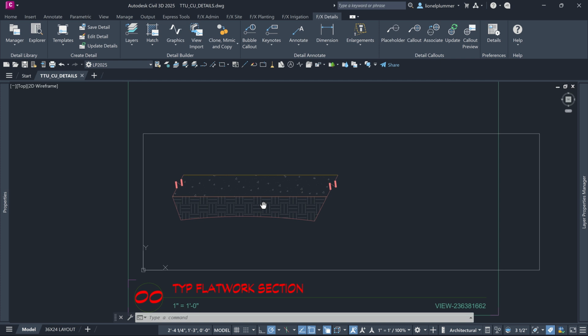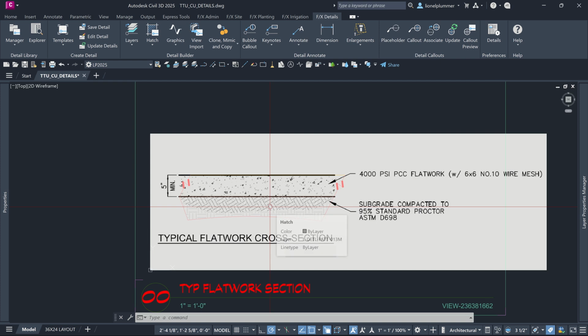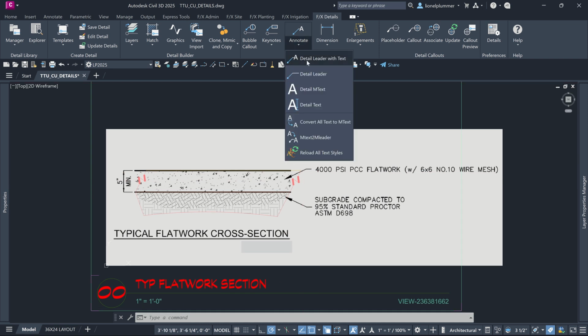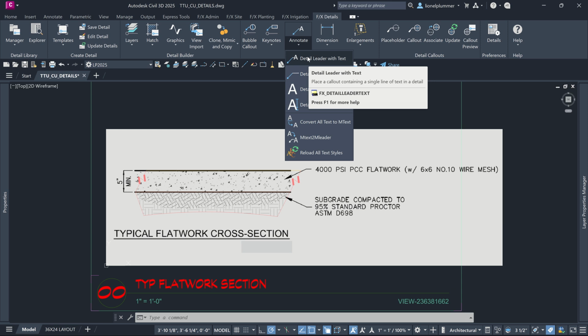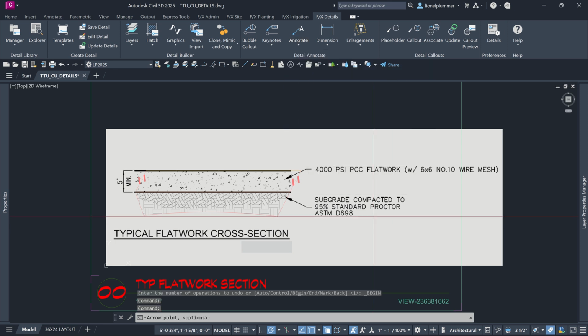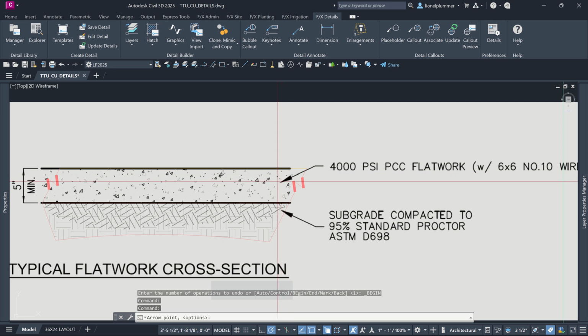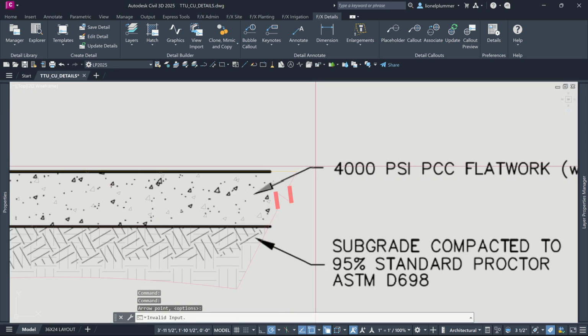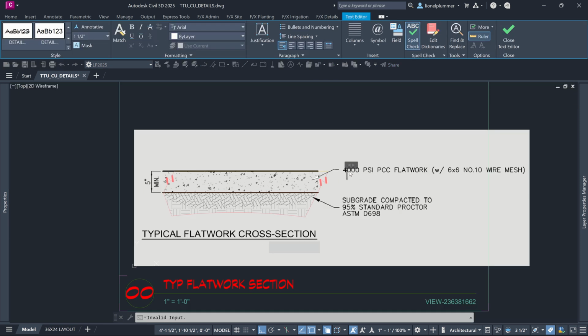Now let's get our notation in, and we're gonna wrap this one up. So detail annotate. Now these are just simple arrows. We're gonna come up here, detail leader with mtext or with text, and we can convert that if we need to, which I think we will. I'm just gonna click here for the arrow. I'm gonna come up here and type in what we have here,